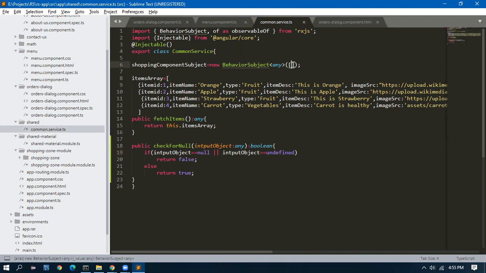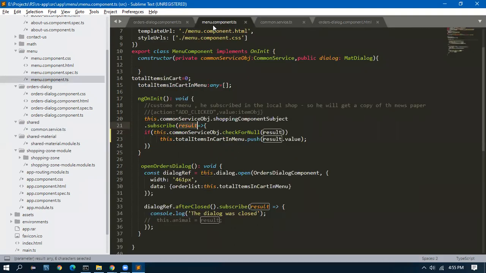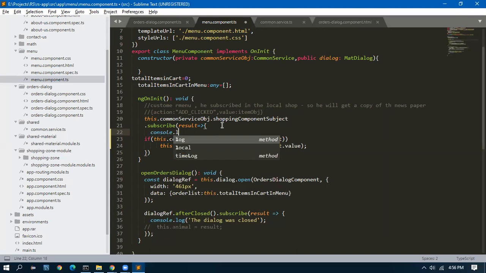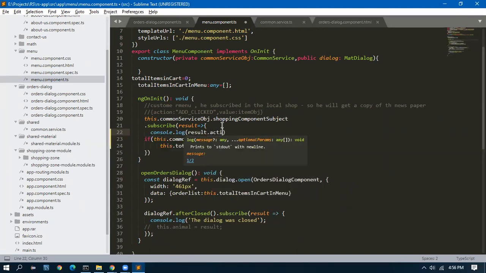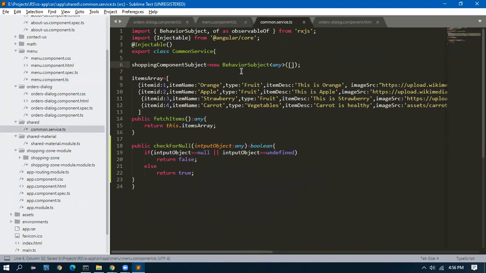Behavior subject. Okay. So I will check. I will try to print console.log result.action because here we are in the subject.